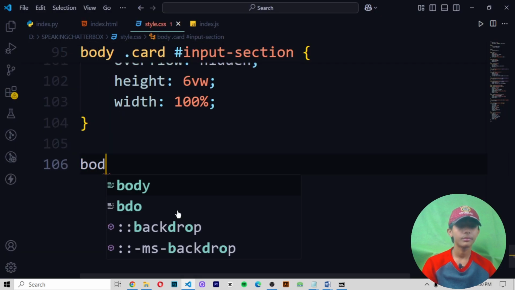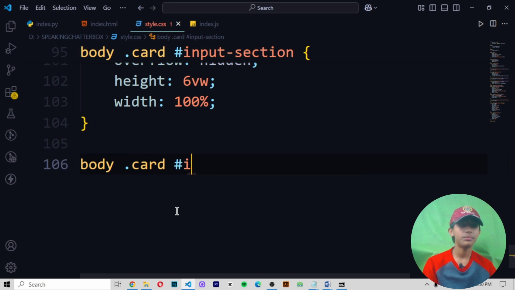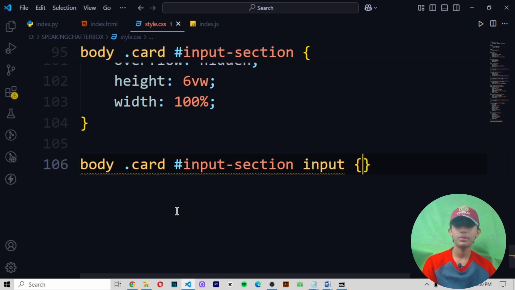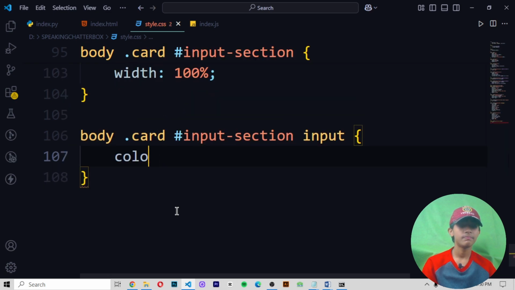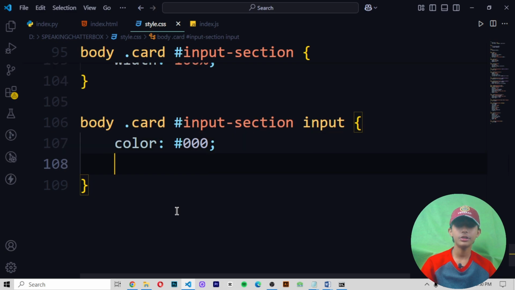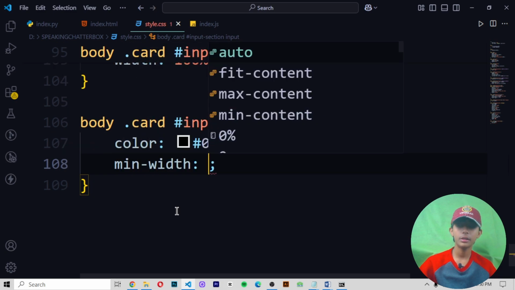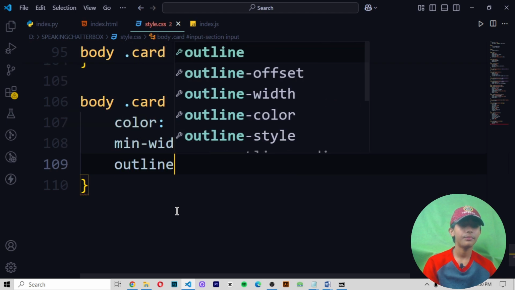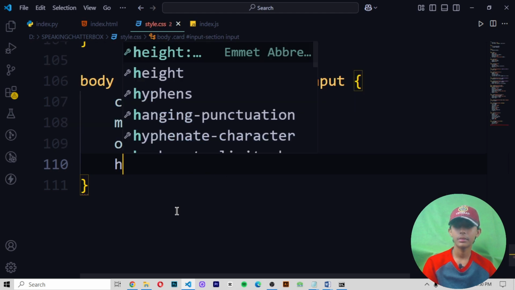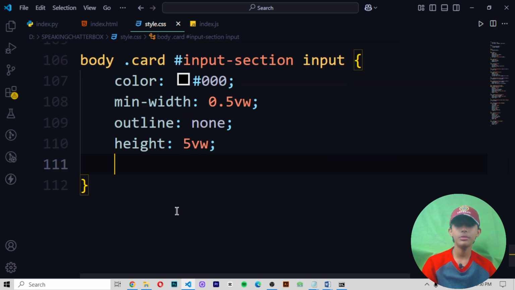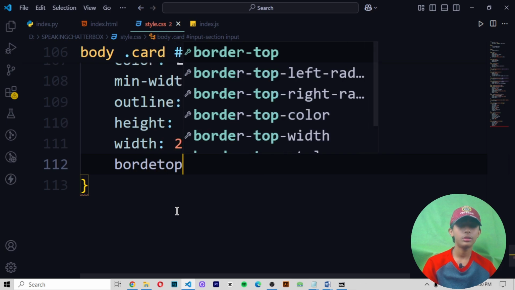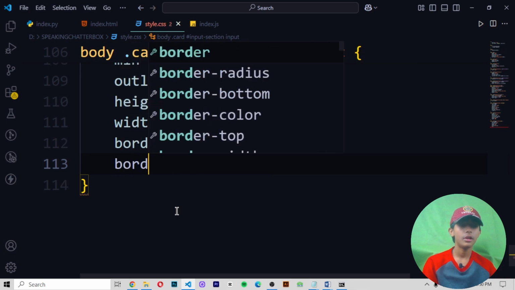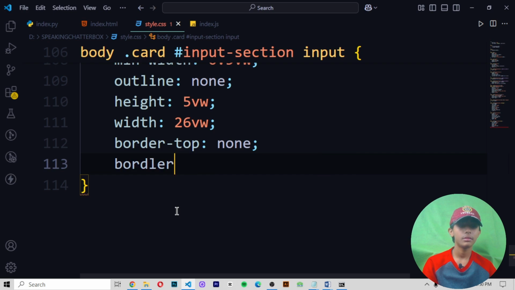Body dot card slash input slash section should be input, color hashtag 000, min width 0.5 VW, outline none, height 5 VW, width 26 VW, border top should be none, border left should be none.